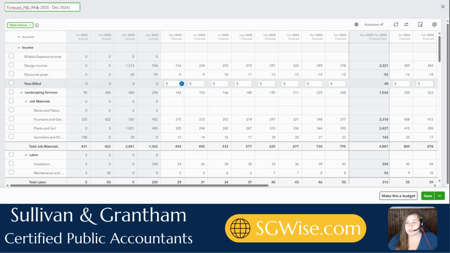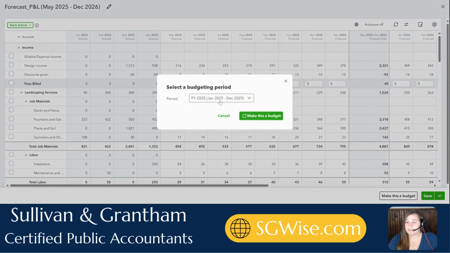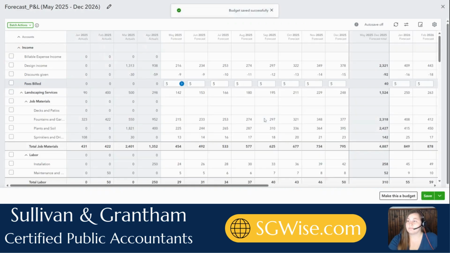And if you like this forecast, you say, okay, yeah, I want to use this forecast to budget off of for the rest of the year, you can click this button that says make this a budget. And you can select your budgeting period and it'll jump you to the budgeting page and create this budget for you, and then you can save this budget. And then, once this budget is saved, you can then go through the steps of running a budget versus actual report throughout the year and seeing how your totals match up with your budgeted totals. And this is how you create forecast for our advanced